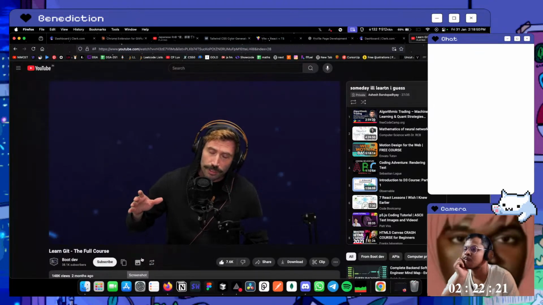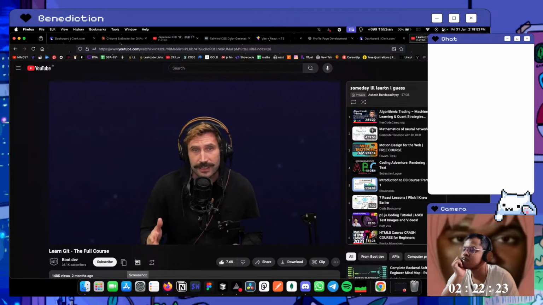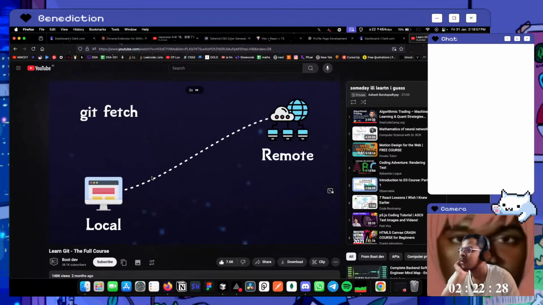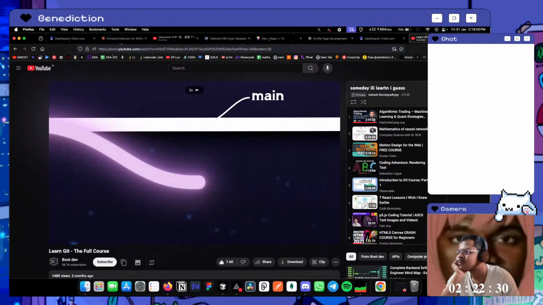Now, a typical workflow for pretty much every dev looks like this. First, we need to update our repository to the latest code. This is typically done through git fetch or git pull. We'll cover those more later. You branch off the main branch and give it a name that kind of represents